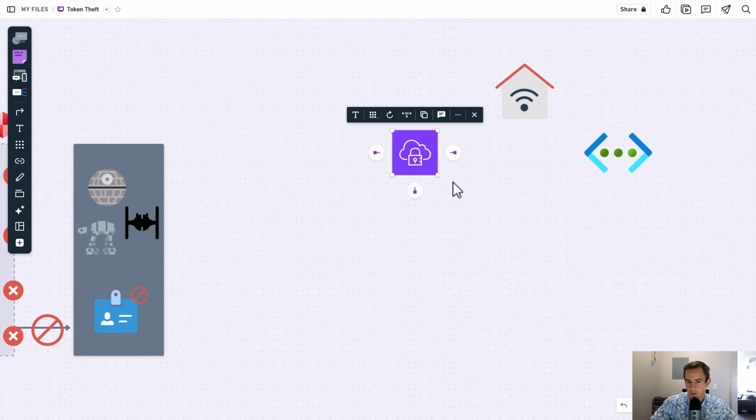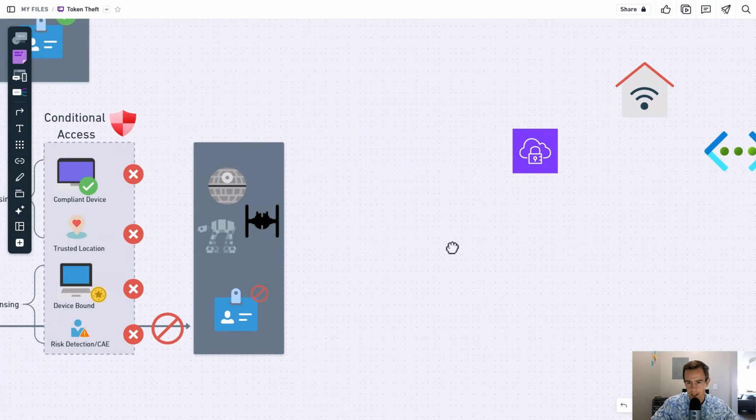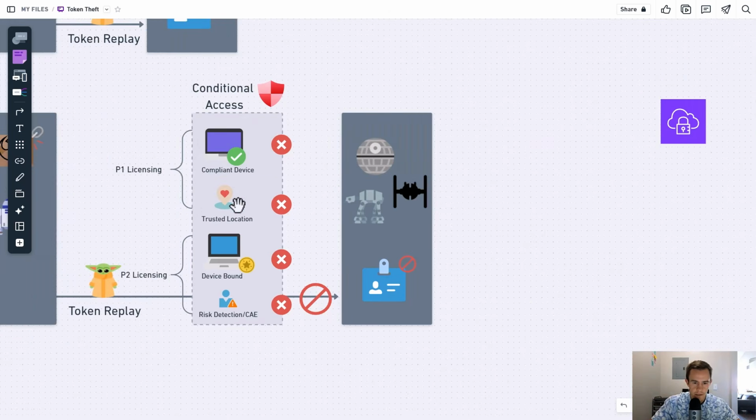And then you could also use something like an AVD or a WVD type of infrastructure to say that you can access corporate resources, but you have to be within this boundary. So even if you're on a personal device, you could log into AVD and be able to access corporate resources. So when we talk about this in the sense of the conditional access policy, let's pivot back so I can